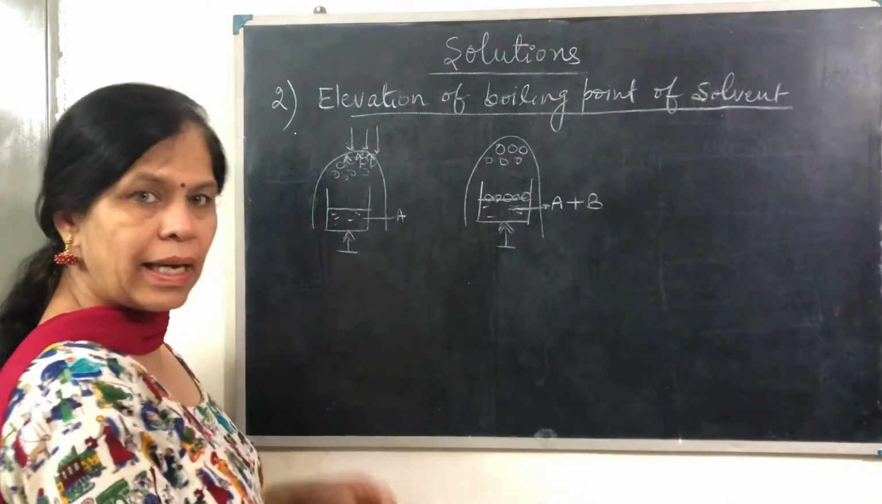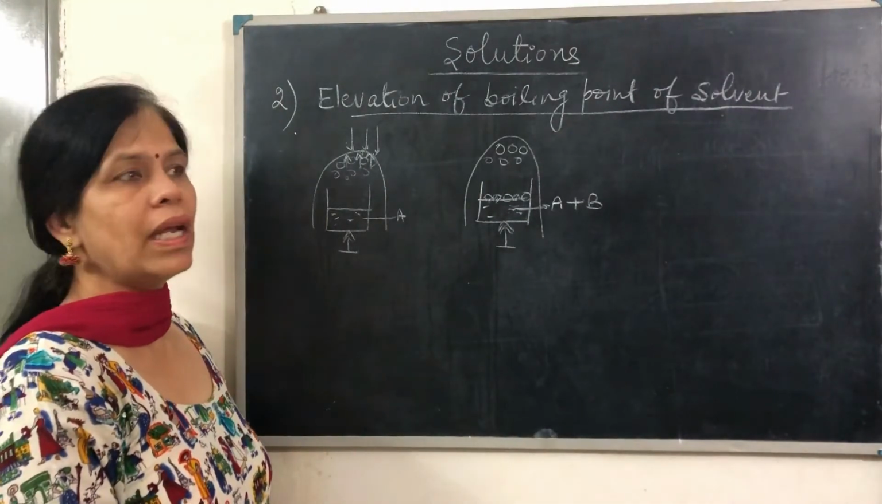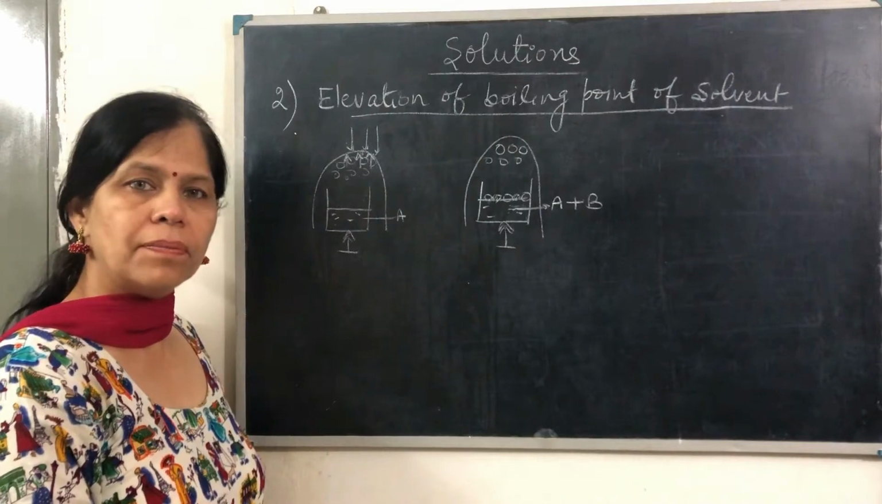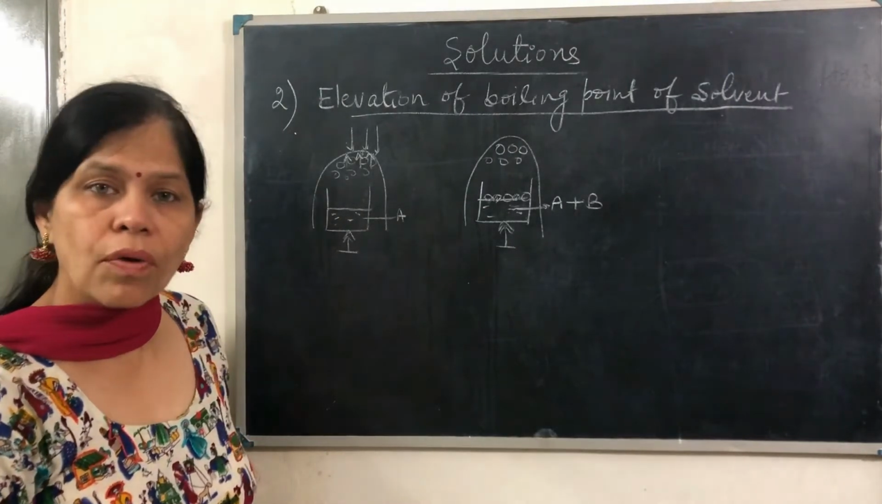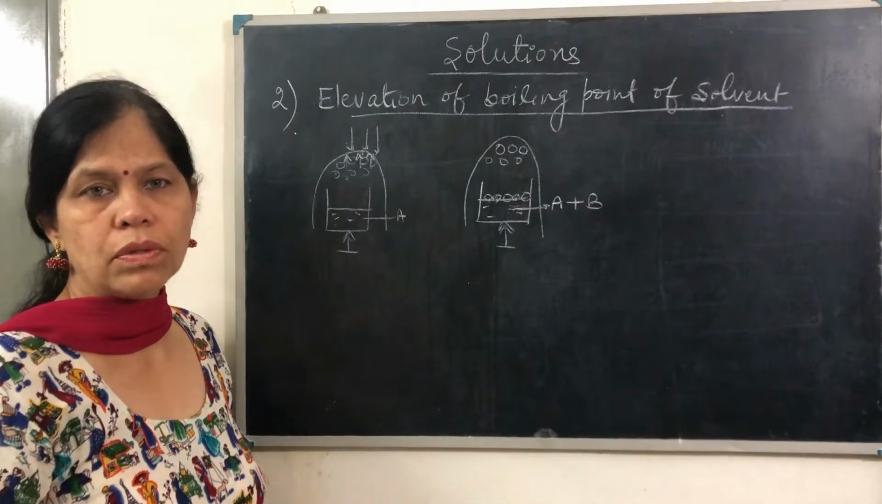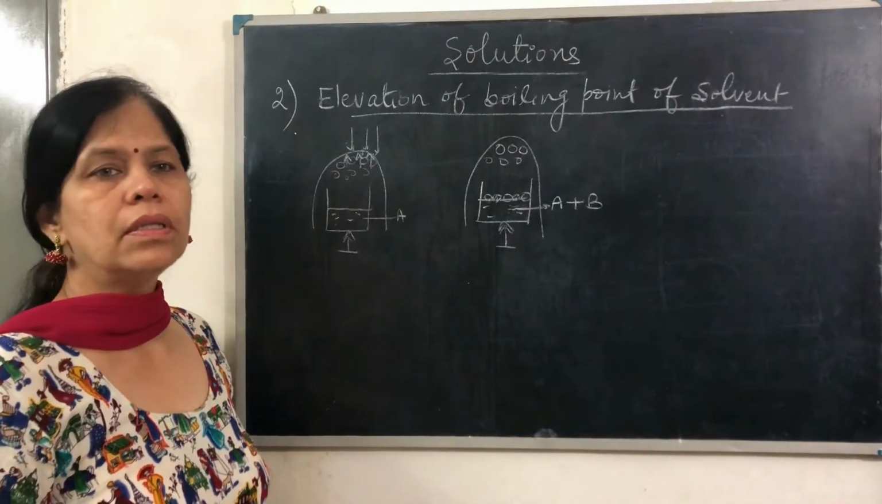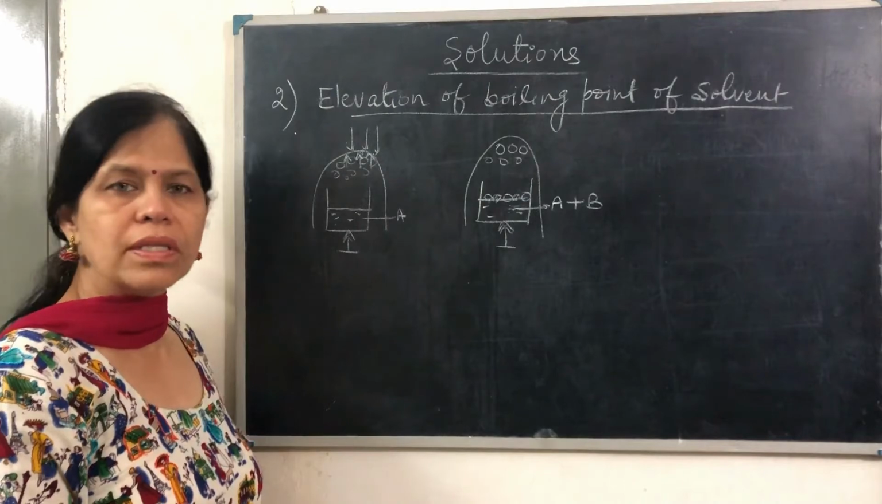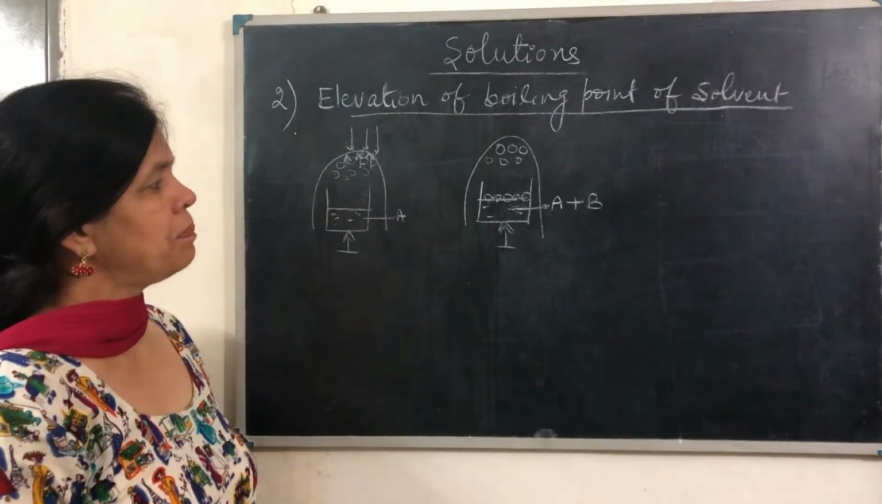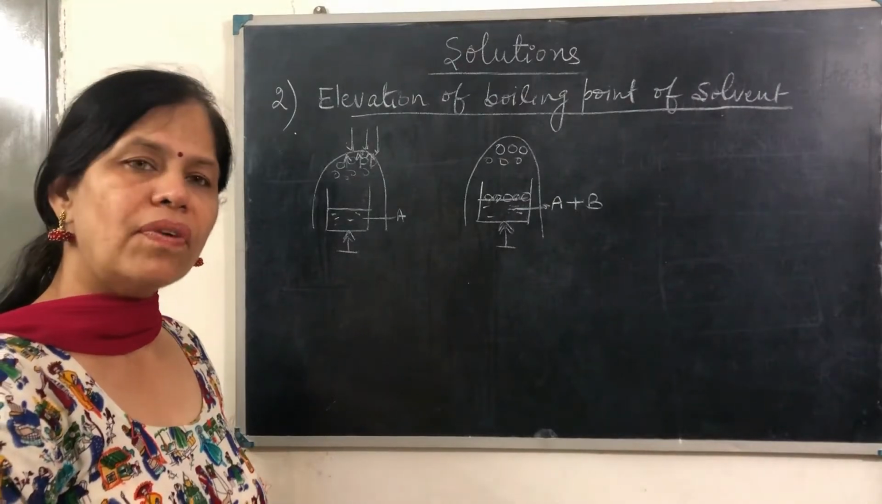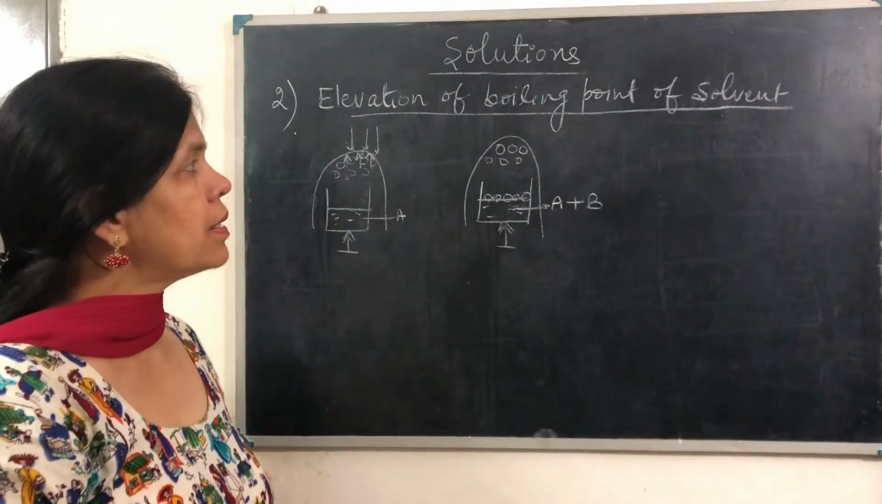So, shall I say there is elevation in boiling point of the solvent by addition of non-volatile solute. Who is a non-volatile solute? Sugar, sucrose, glucose, fructose, these all are there, or maybe the other salts are also there. Sodium chloride, copper sulfate, these all are non-volatile. With the help of a graph also, we can understand this